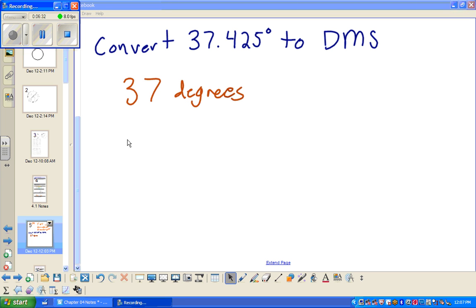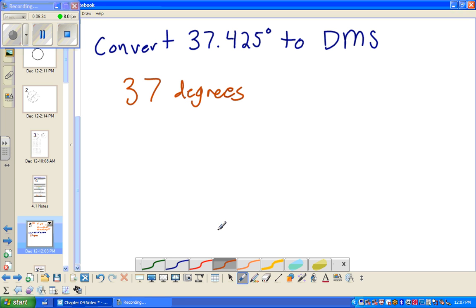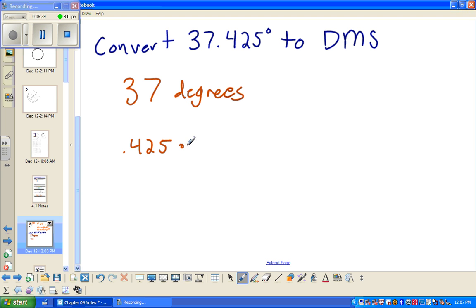I'm going to take that 0.425 degrees and divide it by 1 degree. Well, how many minutes are in 1 degree? 60. So essentially that's the same as saying 0.425 times 60. Well, that's going to be 25.5 minutes. Okay, so now since I have a decimal here, now I can take that